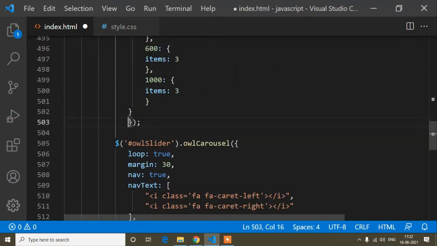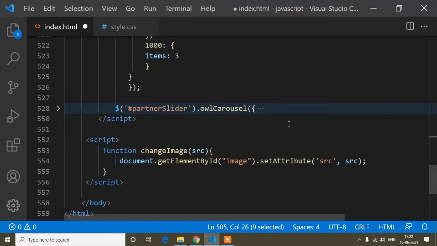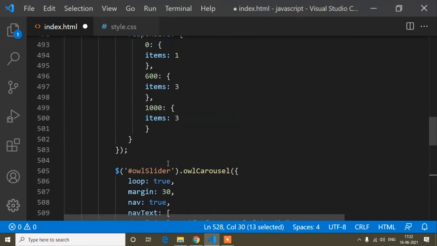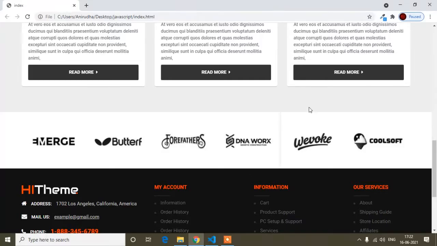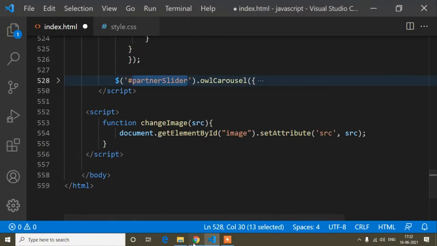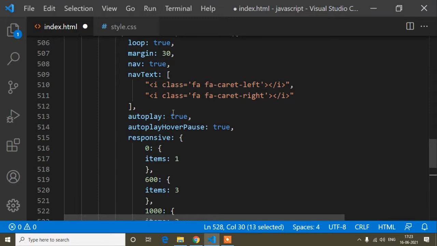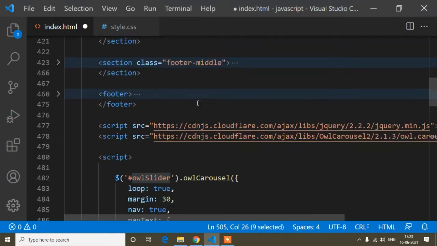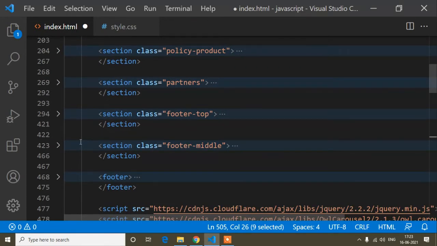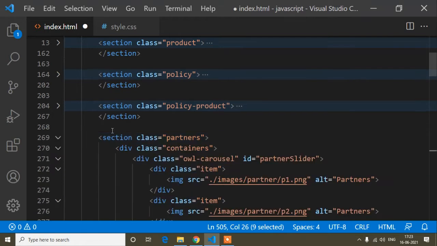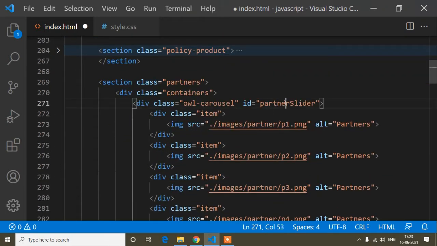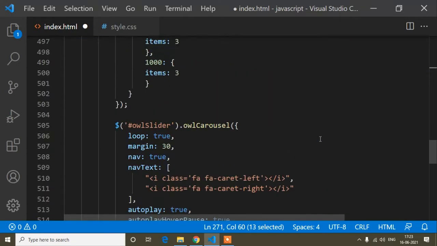Okay, so guys, this one is the ID. You can see this is the ID. This owl slider is used for this one, and this partner slider is used for this one, and this ID I have to provide in our HTML code. If I show here this partner, this is also a slider. You can see here I had to pass the ID, this partner slider ID which I used here.